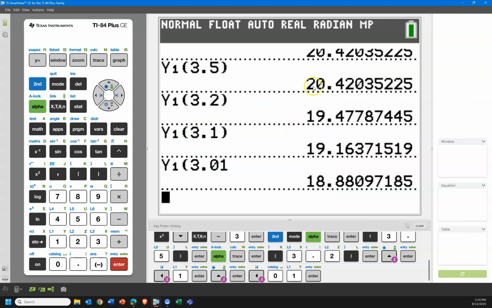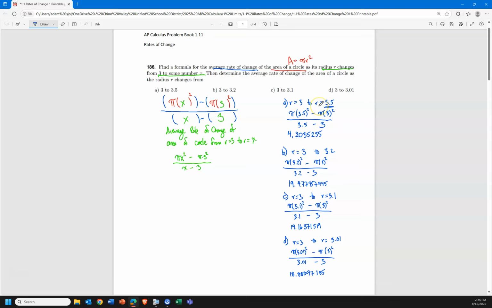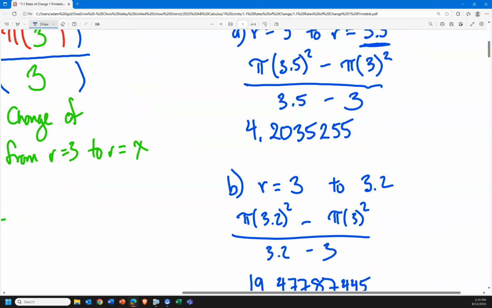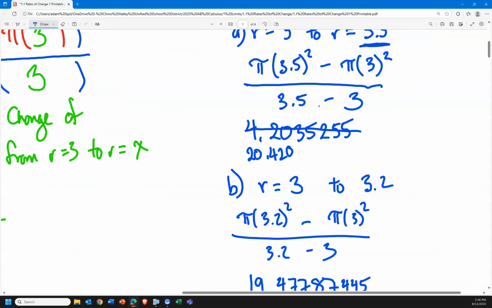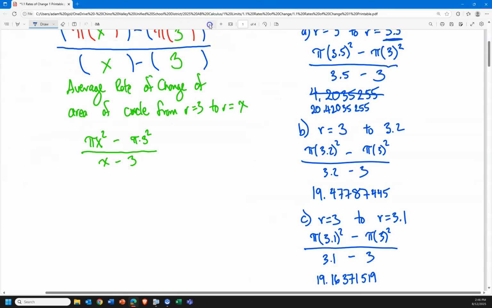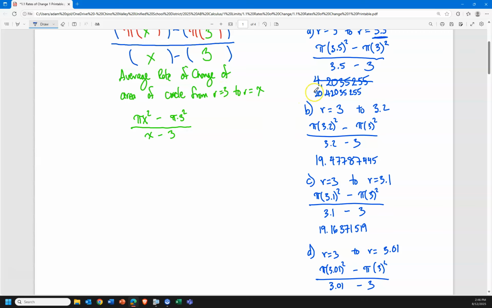So the nice part about 20.420, I jumped some numbers there. That should be 20.420. Okay, so that should be good. That was super weird. Anyways, so 20.4203,